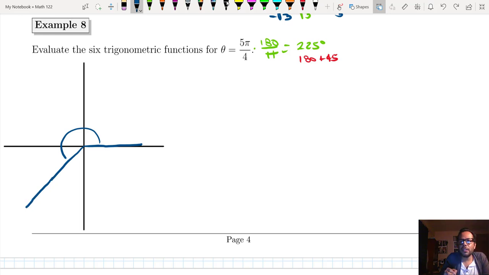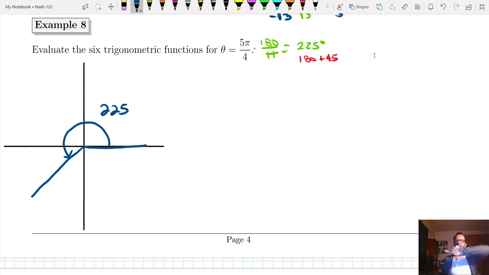Okay, never mind. So this would be the initial and our terminal spanning 225 degrees. But again, that's a really huge angle to be contained inside of a right triangle, right? So that's why we are going to use